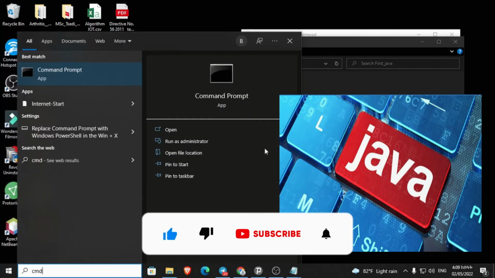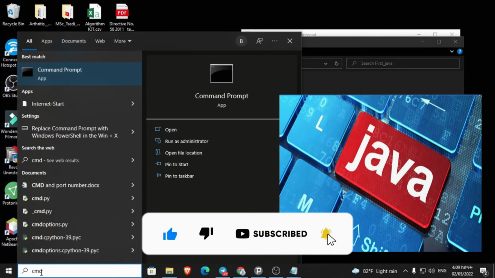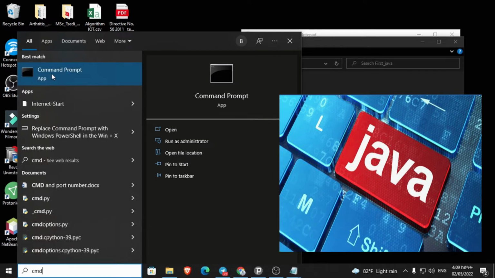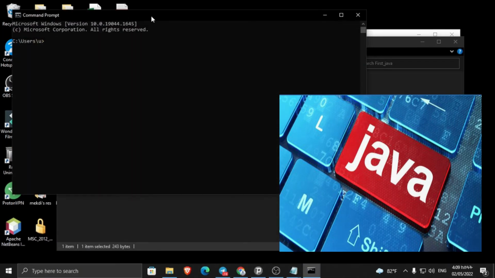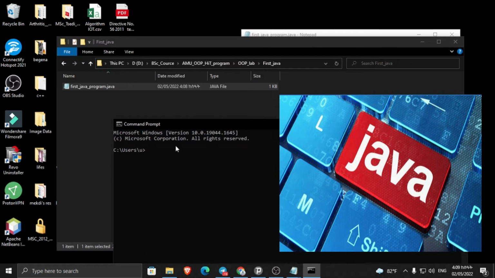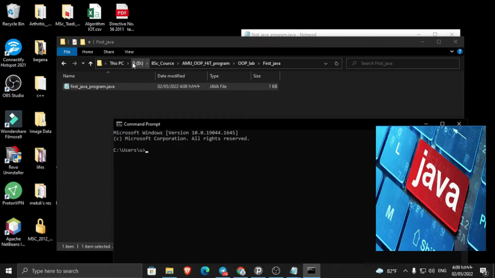Then open your CMD command prompt, and I will show you how to compile and run. Open command prompt, then change the current working directory to where your file is saved. Currently it is under C user, so it is necessary to change to D drive,